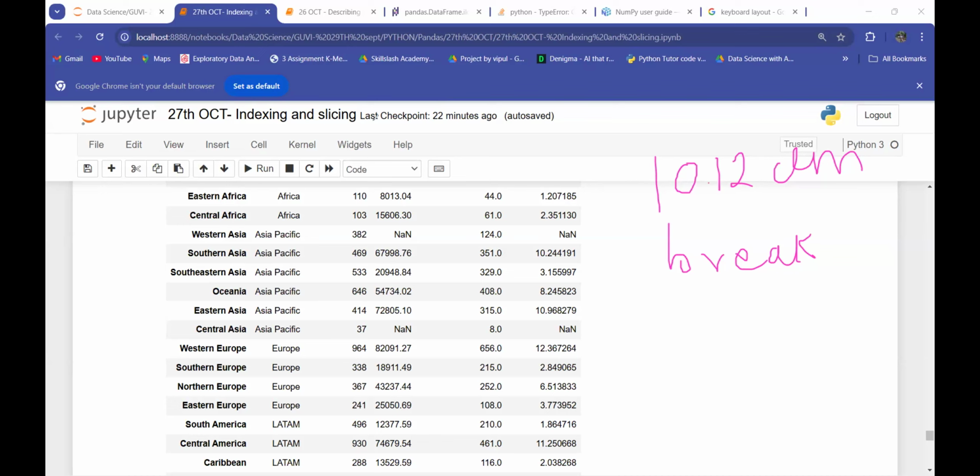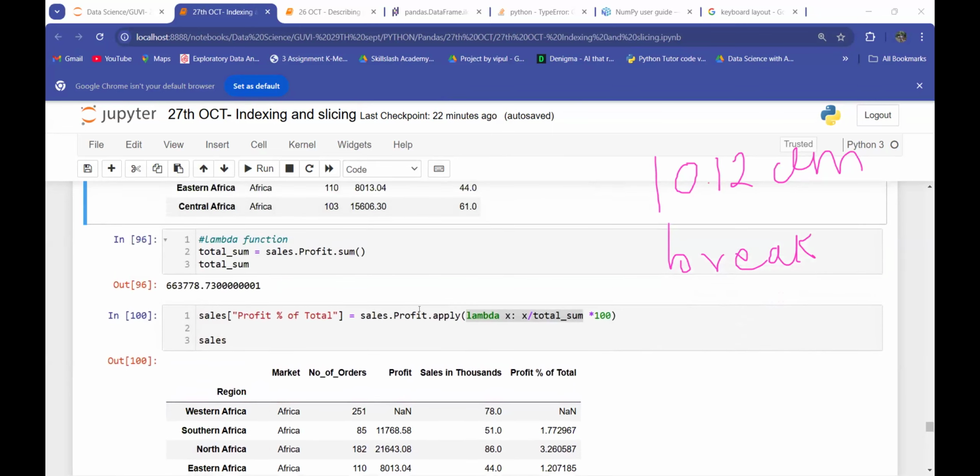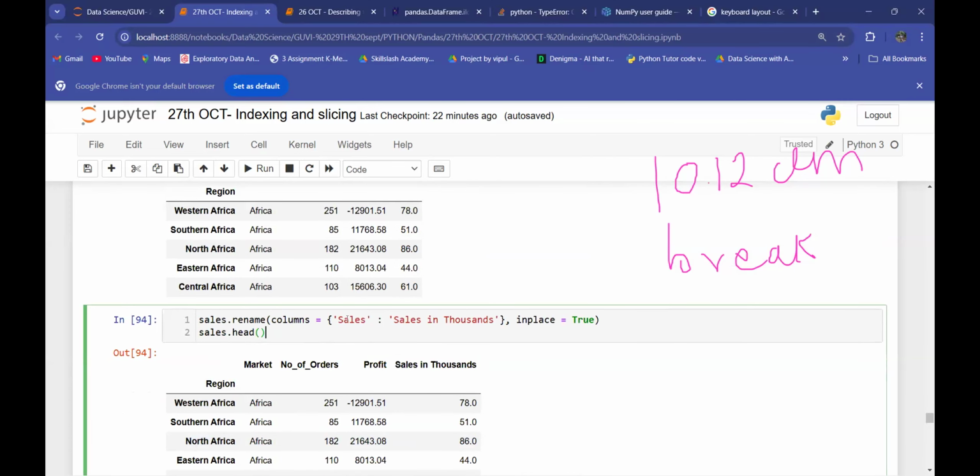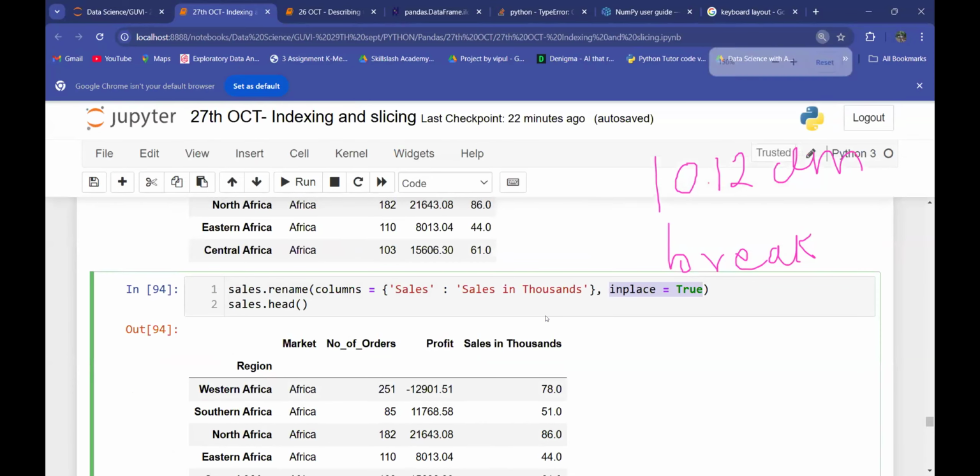Yes, Kanan, inplace equals True will do the permanent changes on your data. So what we are doing, we are renaming that column to sales, no? Just a minute, where is that? Here. We are renaming this sales column to sales in 1000, and I want to have permanent changes on my data frame. If I don't write inplace equals True, and if I just restart that particular cell,